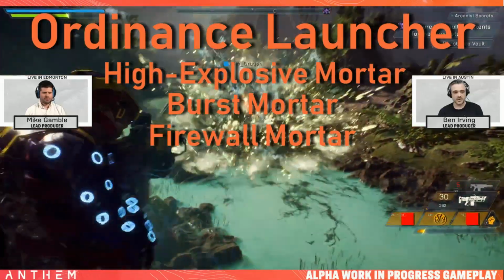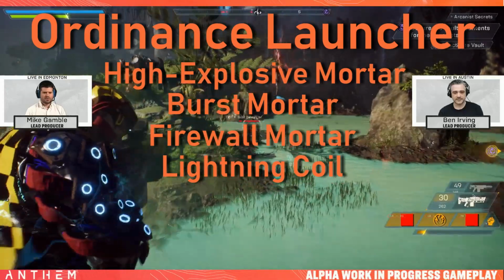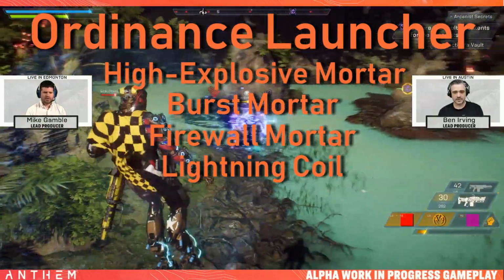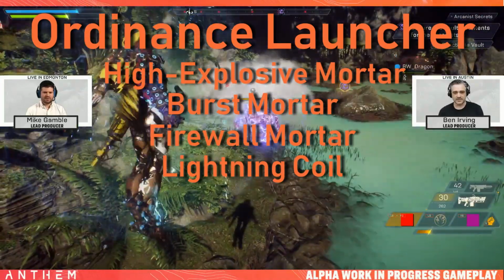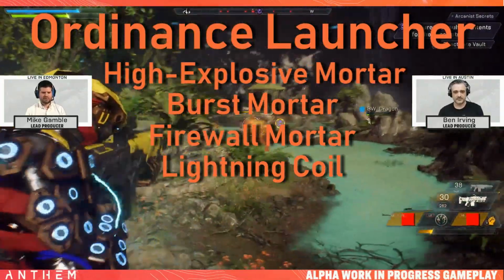Next up is the Lightning Coil, which strikes a single random target with an arc of electricity in front of the Colossus and prioritizes targets that already have status effects. This is going to be awesome to be able to maximize your combo damage and allow your allies to really